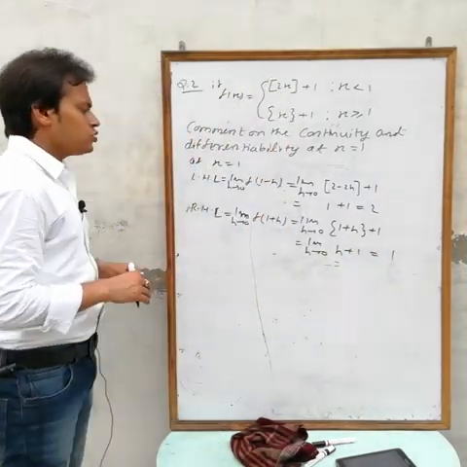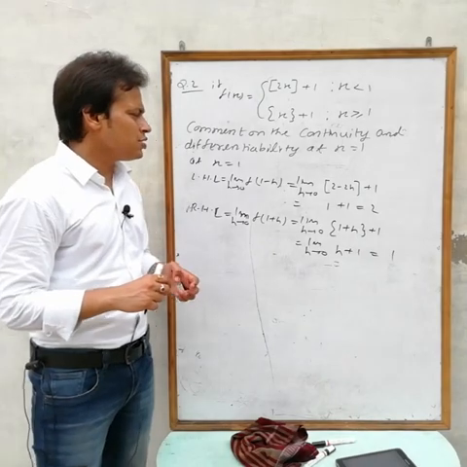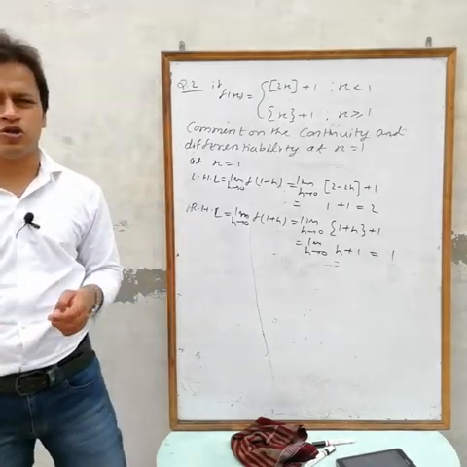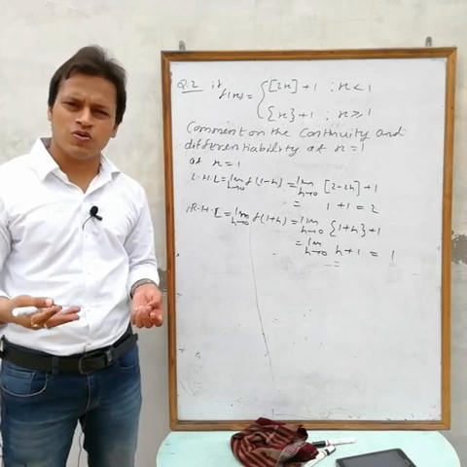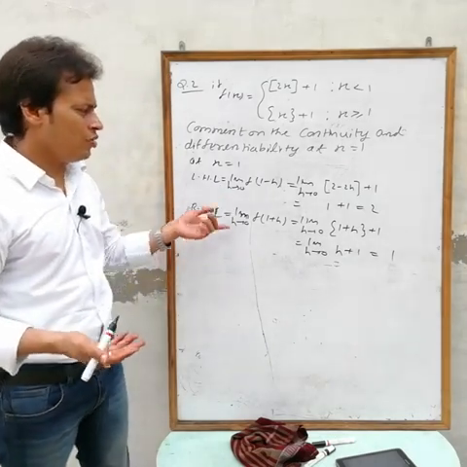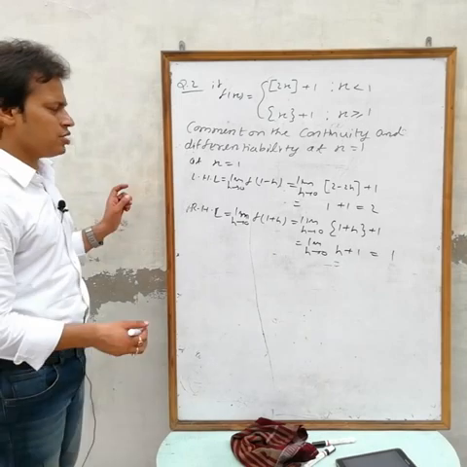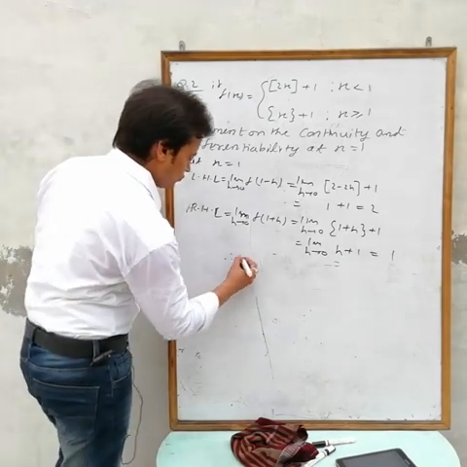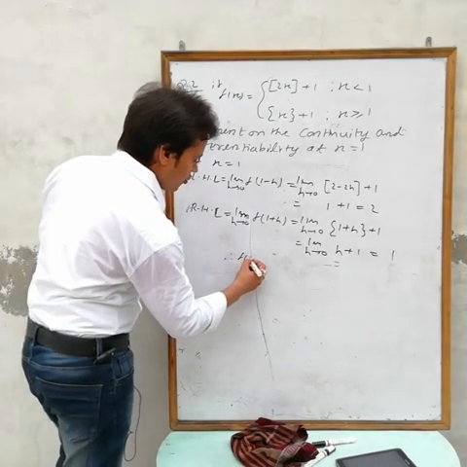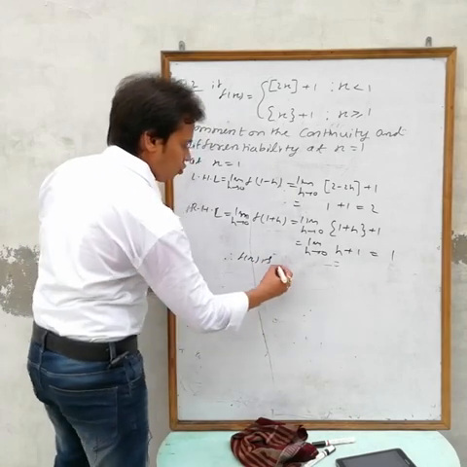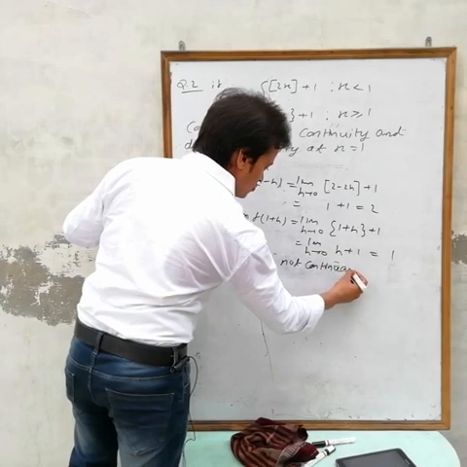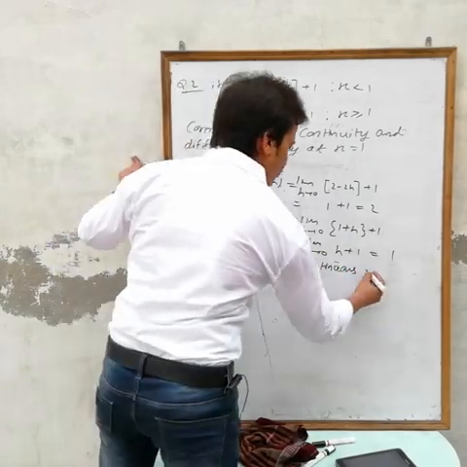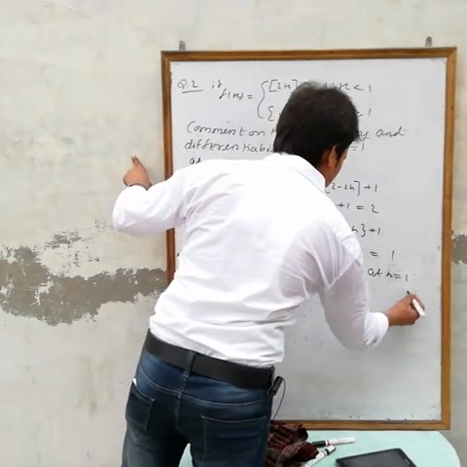Okay. So limit h tending to 0 of h plus 1, if you put h equals 0, what are we getting? 1. So LHL is not equal to RHL, so the function is not continuous, because for continuity we have the condition that LHL equals RHL equals f(1). If any two are not the same, then obviously the function is not continuous. f(x) is not continuous at x equals 1.